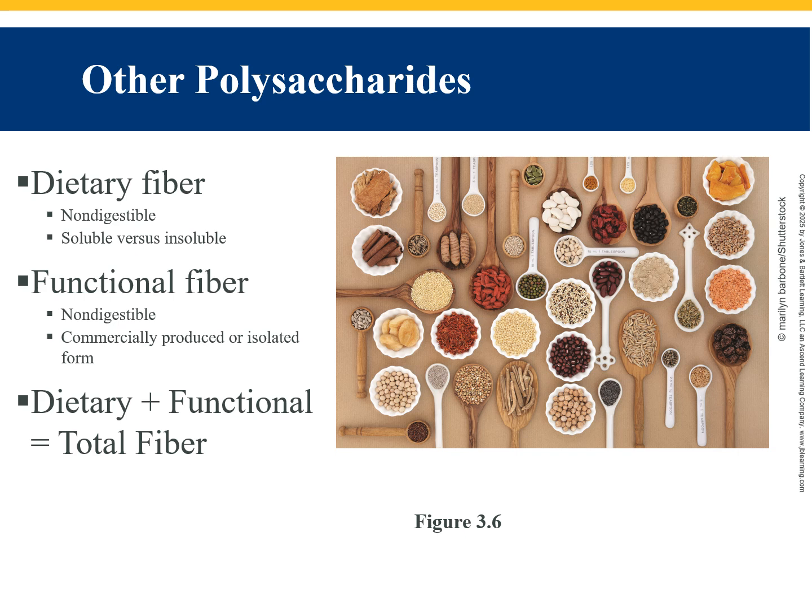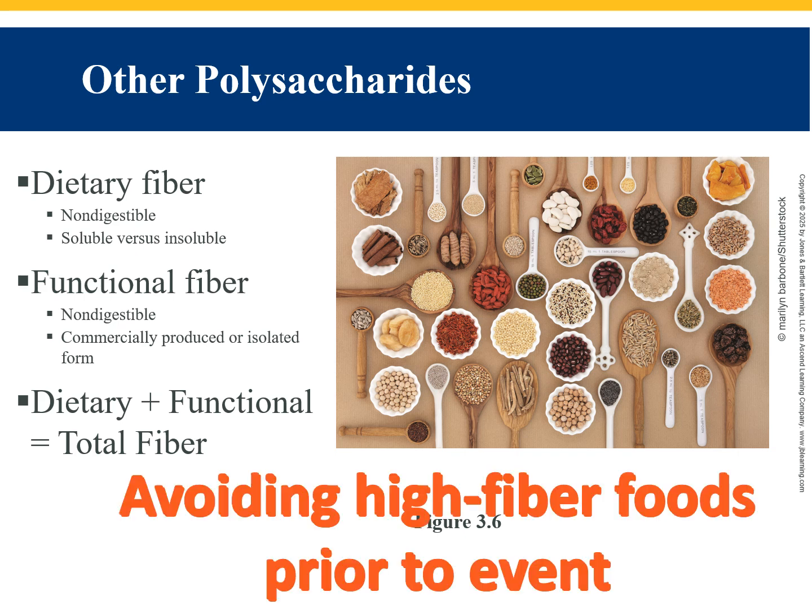Now, for a food to be identified as high fiber, it has to contain about 20% of the daily recommended value in reference to the amount consumed. So it's a high fiber food if it has 20% of the recommended value. It's 10 to 19% if it's a good source. Now, athletes do need to be mindful of how they feel with fiber. So avoiding high fiber foods prior to an event is going to be something that we need to consider. We're not going to recommend black beans an hour before an individual runs a marathon.